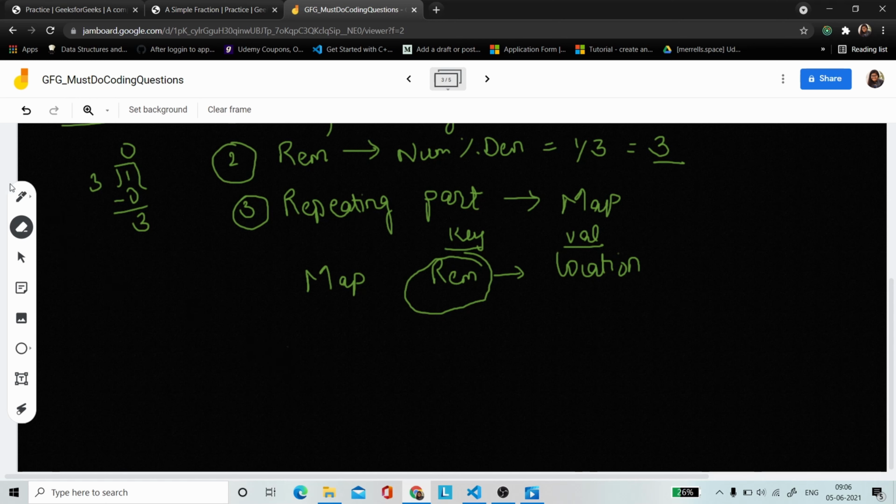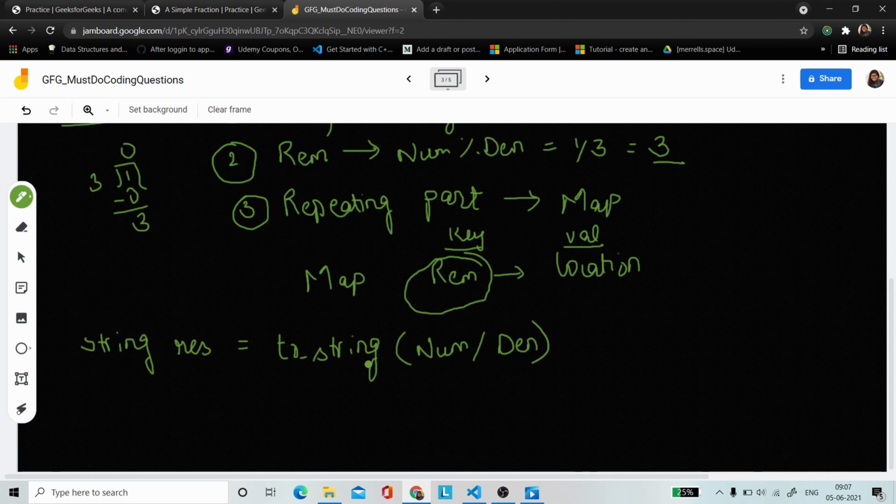Like you can take a final string where we are going to store the result, say res, and you can store whatever is the quotient, because first of all we want that quotient. So you can store that in this after converting it to string, because finally we want a string of that decimal, whatever is the numerator divided by denominator.